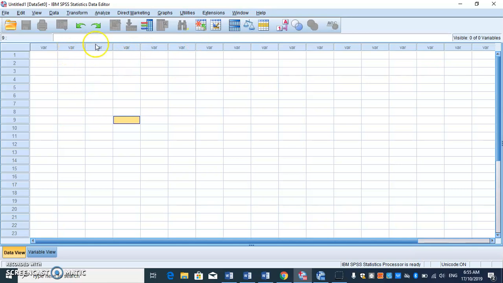If you observe the column structure, you see there's a var here. Var refers to variables. There are two portions over here: data view and variable view. A data view is the whole set of data that you will be getting from the structure of it. As I mentioned earlier, if you observe,